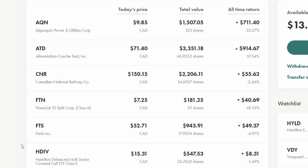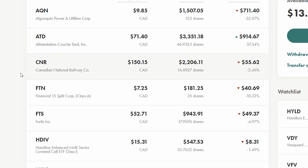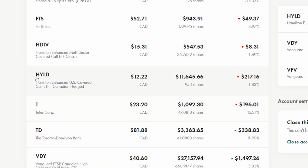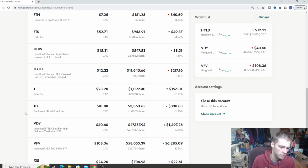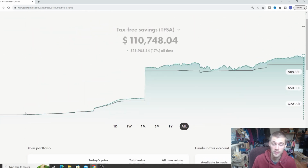But on here, you guys can see we have some individual stocks like AQN, ATD, CNR, and then we have some covered call ETFs, as well as some income funds. These are pretty small holdings inside my portfolio overall. And then once again, we have some pretty solid Canadian dividend companies. So nothing too crazy, nothing too exciting. The portfolio is pretty boring. It's very conservative, but it works at the end of the day,